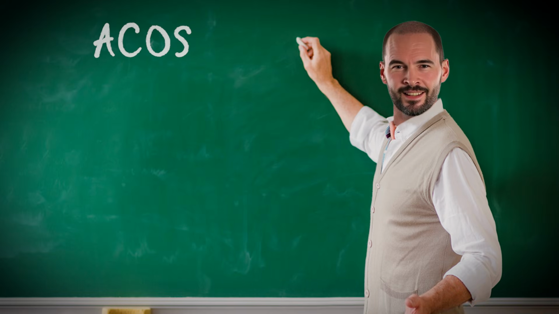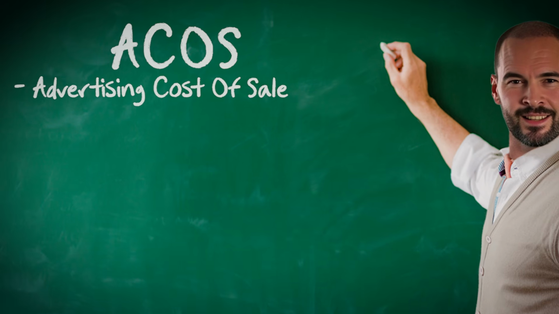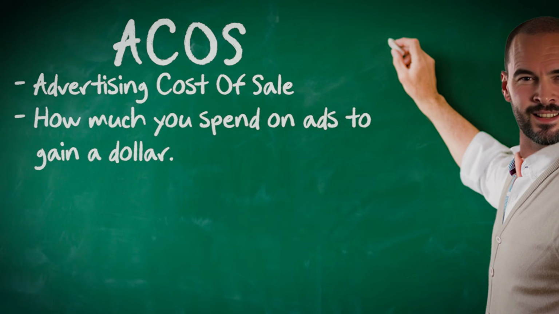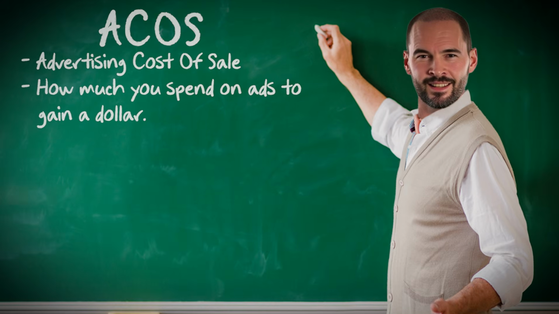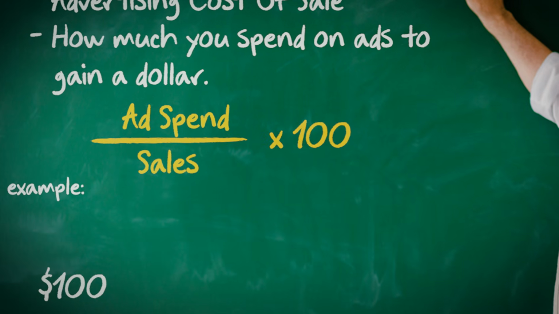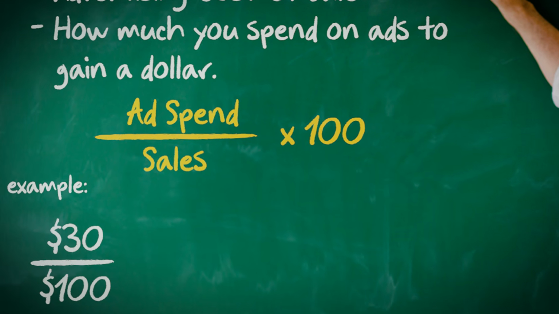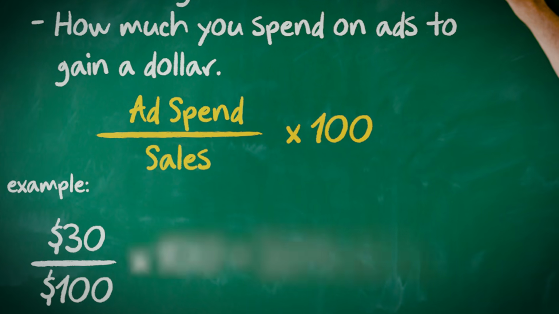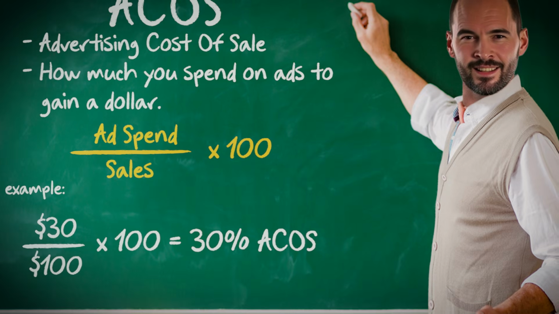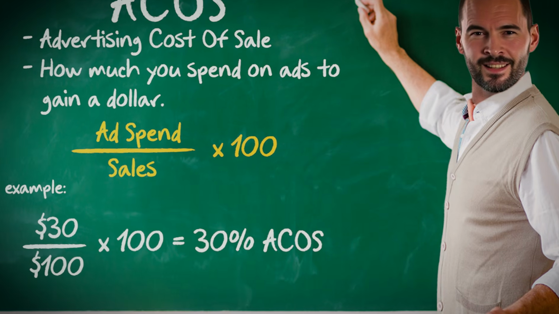Okay, let's talk ACOS and TACOS. Real quick, ACOS is a metric that measures what it costs you to get a sale on the advertising side. So if you sell something for $100 and we spend $30 to acquire a closed sale, an actual sale, they purchase, that's a 30% ACOS. It takes us $30 to sell a $100 item.